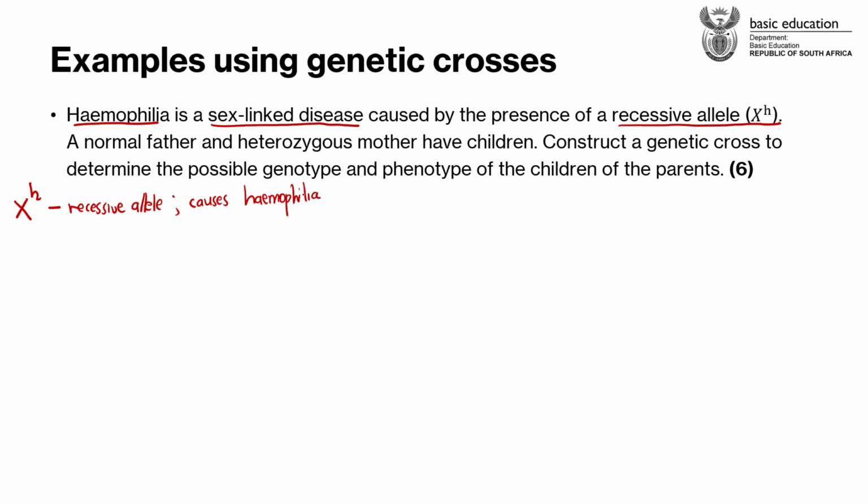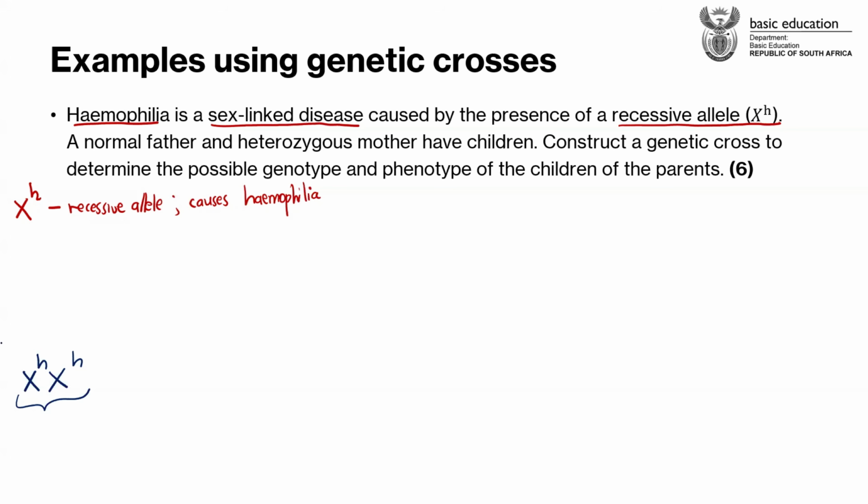All right. Okay, before you even start with the cross, guys, I want to ask you something. If I give you the gonosomes, let's say pair number 23 of a particular individual, and I say that the gonosomes are XX, and then let me put a small letter h, small letter h. Can you guys try to interpret this sex chromosome? Tell me the gender of this person and tell me whether they have got hemophilia or they do not have hemophilia. Let's hear from you guys.